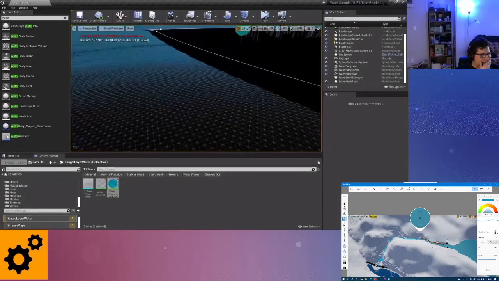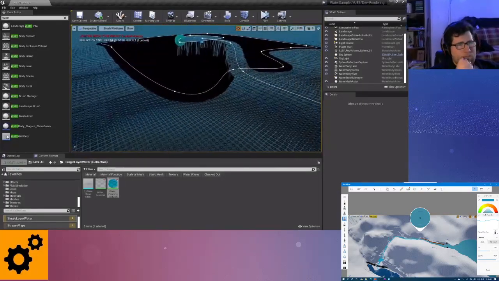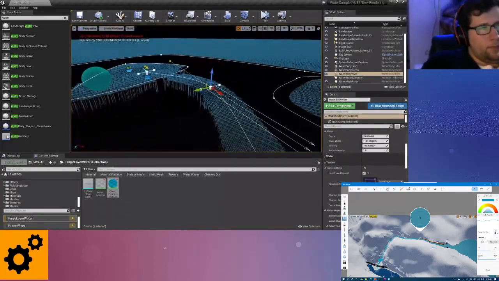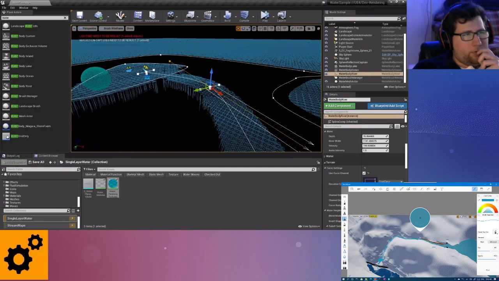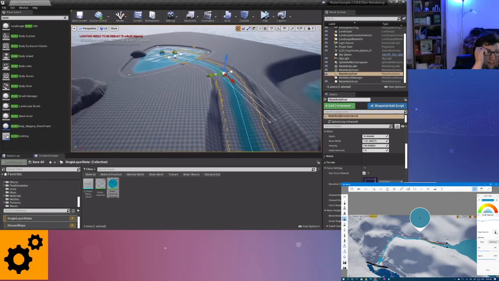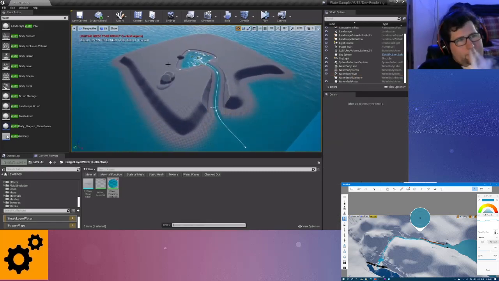How it refines based on distance, and we have this one unified surface that's kind of connecting everything. So even though these water bodies are separate actors, what they're doing is communicating their material back to the main water system, or the water actor. And we can actually